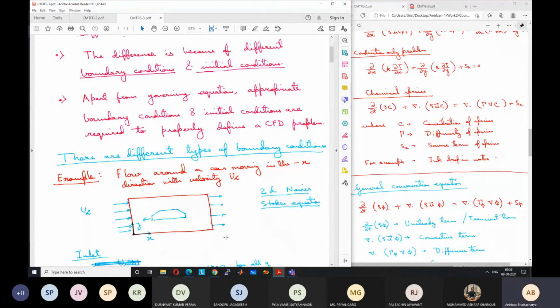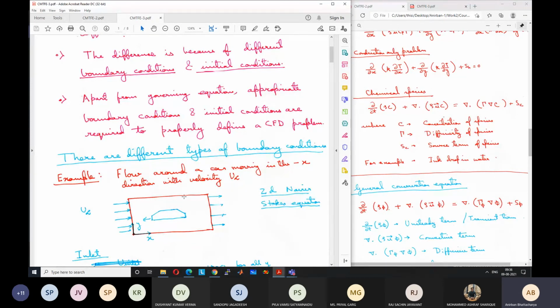Did you understand the question? So for example, I have a domain. I have taken a rectangular domain for solving the problem where the car is moving from the right to the left. But during the solution procedure, obviously the car is moving. So it is in this position, then in this position, then on the left hand side, then partially going out of the domain. So we are unable to solve the problem for a longer duration or properly find out the velocity field. Okay. So it means that this is not an appropriate way of solving the problem.